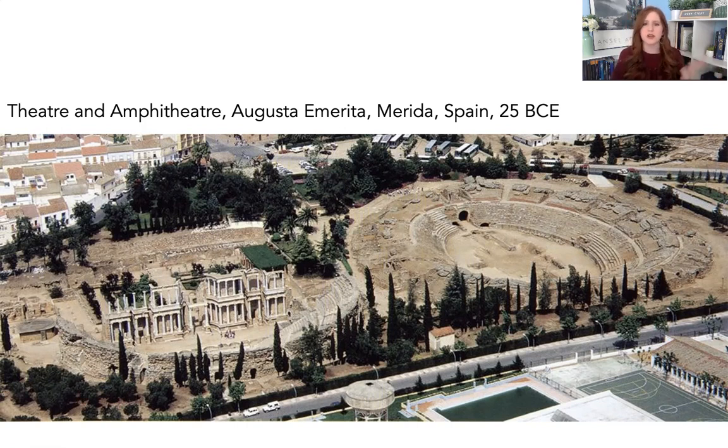The theater and the amphitheater also are pretty elaborate examples of provincial architecture. As I said, the skene frons is quite large and well preserved, and the amphitheater was pretty large as well. The theater would have held 15,000, which is a pretty good size. So for something all the way out in Spain, although this is a veterans colony, it speaks to how big the city was and how big it was planned to be, right? How many people they planned to have there. And the amphitheater and the theater date to 8 to 16 BC, so a little bit after it was founded, maybe 10 years after. All right,